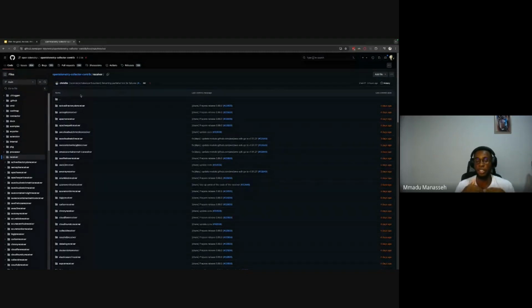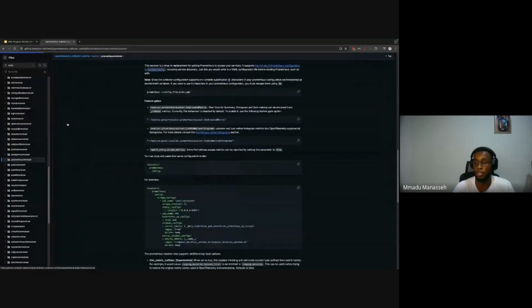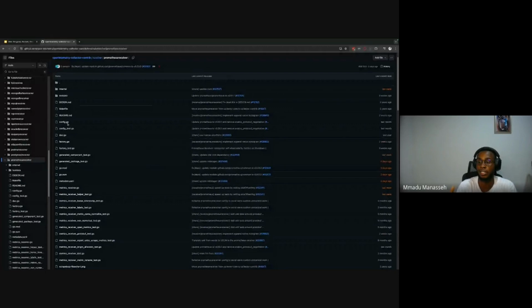But if I have an existing system already, let's say one I've implemented with the Prometheus library, I can use the Prometheus receiver that tells Otel that I want to collect this data from a Prometheus service. Then Otel automatically knows it, collects the metrics for you, processes them, and pushes them to whatever backend you want.